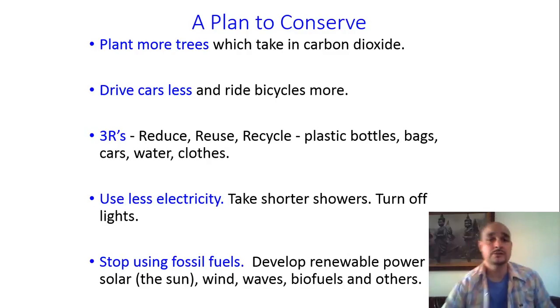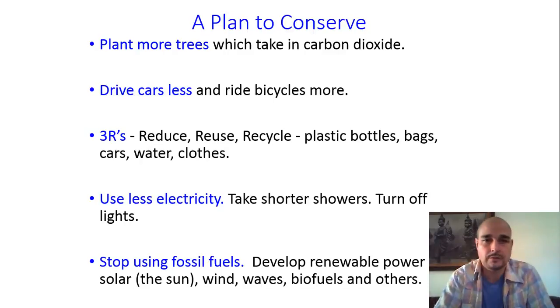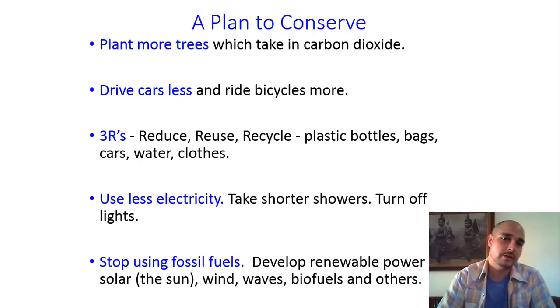So there's a plan to conserve. A plan to conserve includes different areas where we can help to make fossil fuels last longer. One of them is planting more trees. We're cutting down a lot of trees, and we're putting a lot of carbon dioxide into the atmosphere whenever we burn fossil fuels. So plants will actually take those into their material when